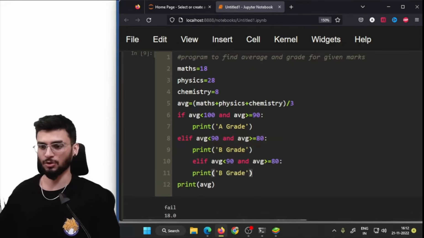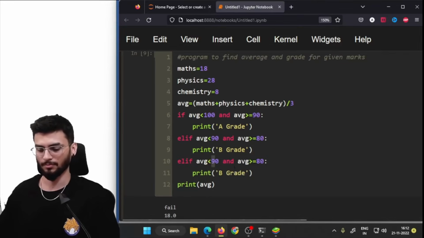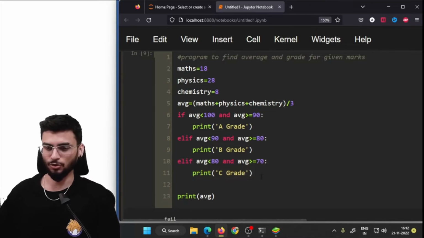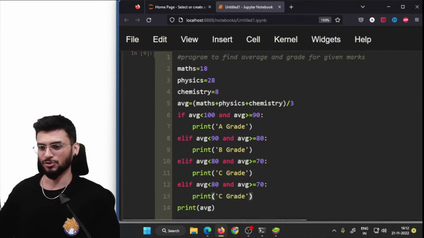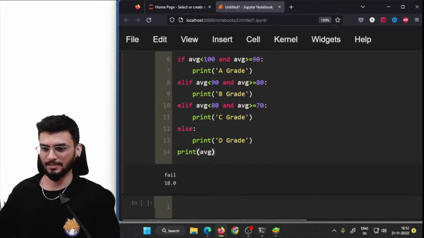Just copy pasting the block again. For the second block, I'm giving the C grade. Also, you can create as many grades as you like, depending on the problem that you're facing. So in the last one, I'll be just writing else print D grade. So with this, I can also say